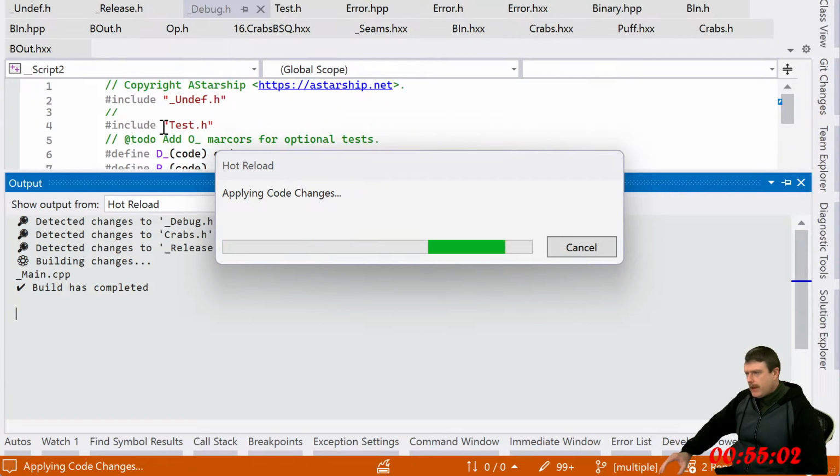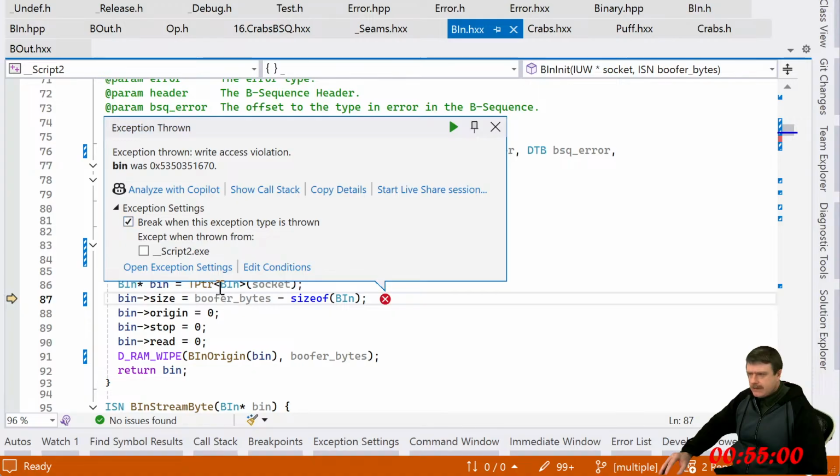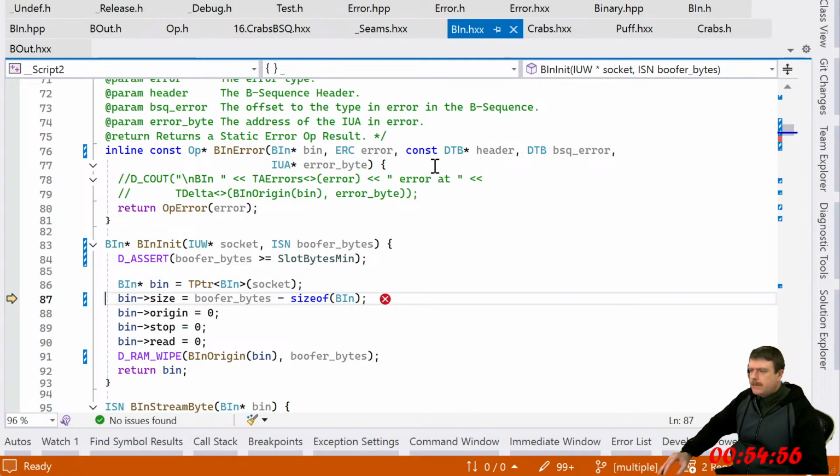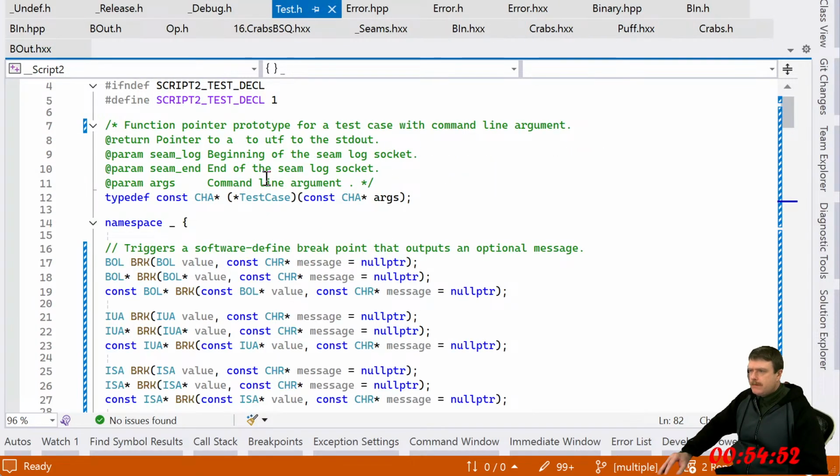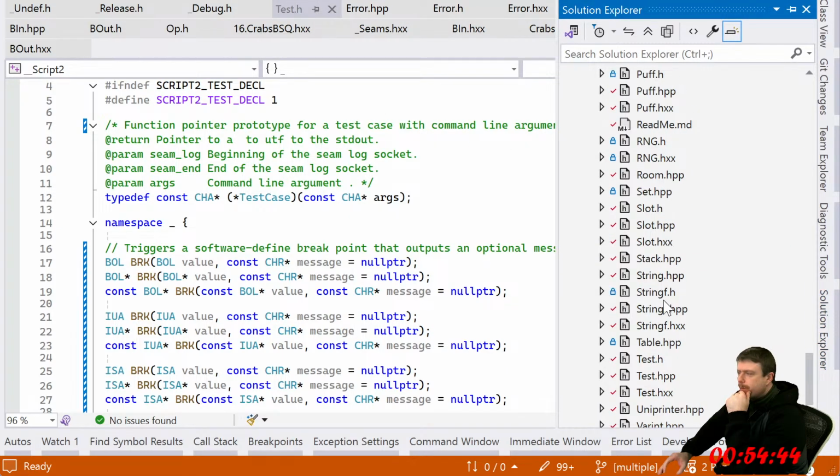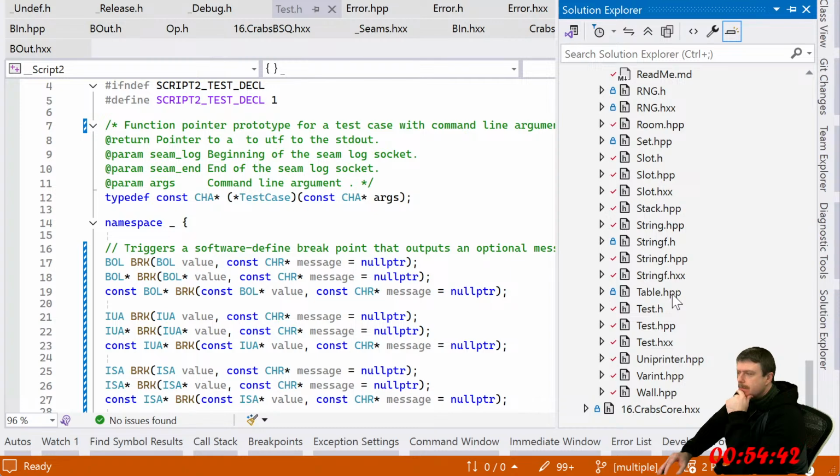Does this thing import binary? Test? Yes. Cool. All right. I was hoping that I didn't have to import binary. Where's binary? So let's look at this. Why does this work? Because I haven't hacked on this code in a while.